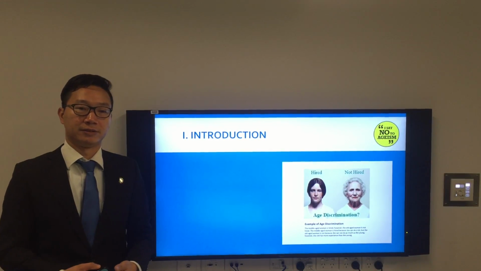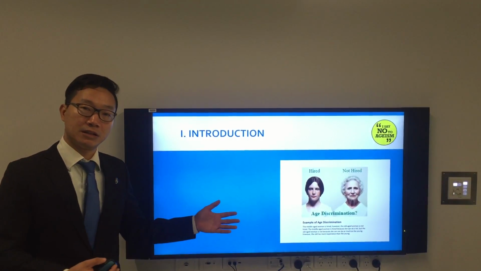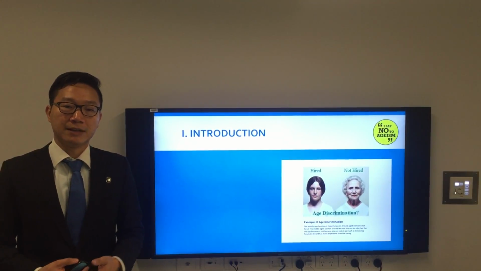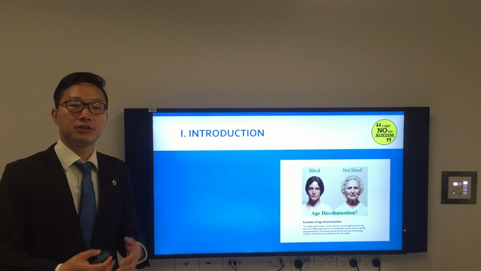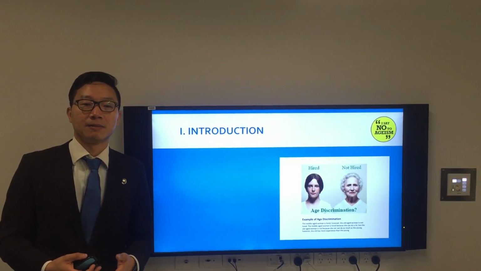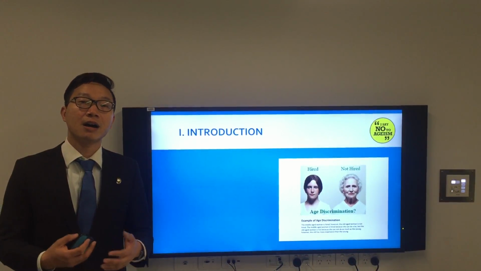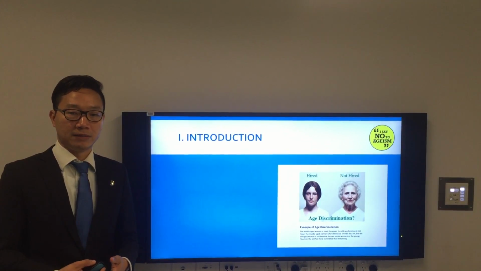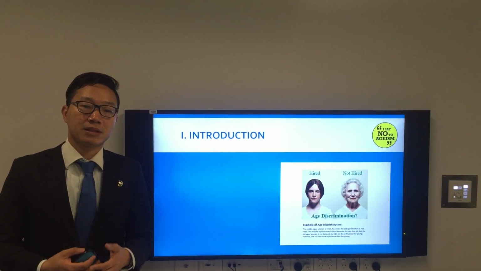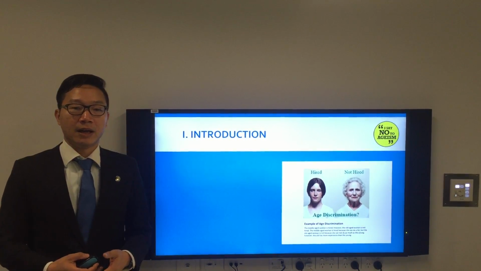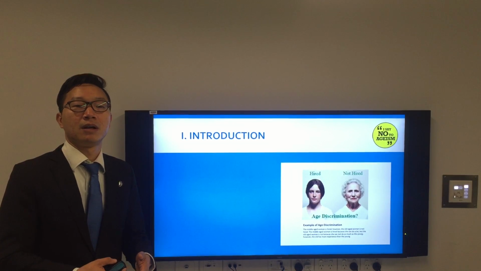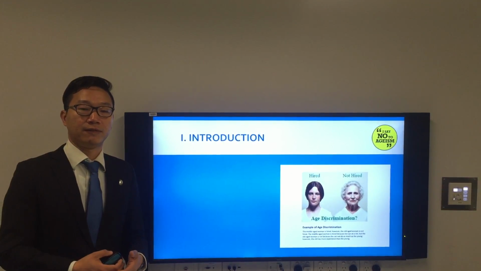Let's look at this picture. Have you ever been in this situation when you are a CEO of a company and you have to choose to hire a young staff or an old staff? Some people may think that the elder workforce are hard to train and cost more than the younger workforce. Do you know that this is one type of discrimination? And what is the effect of ageism? It may lead to positive or negative effects.